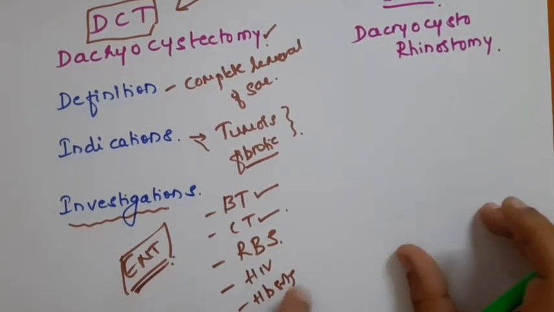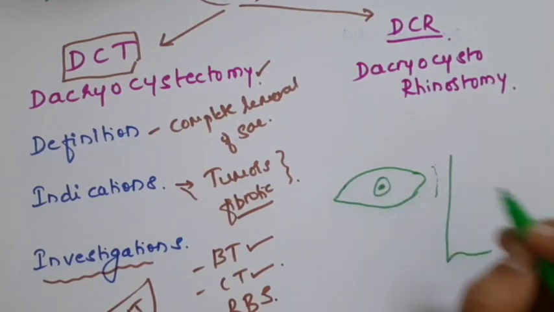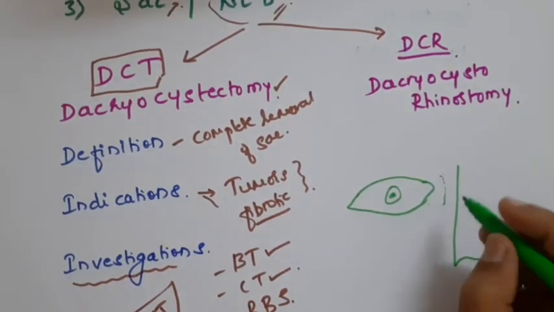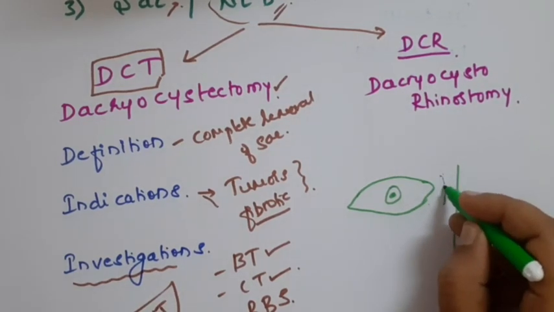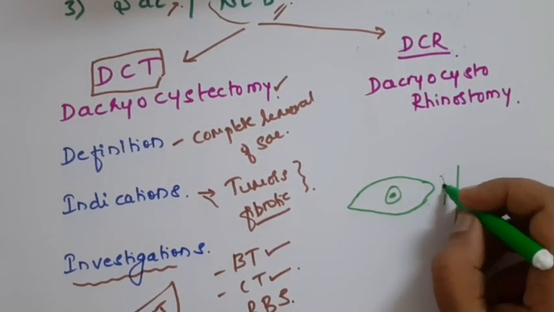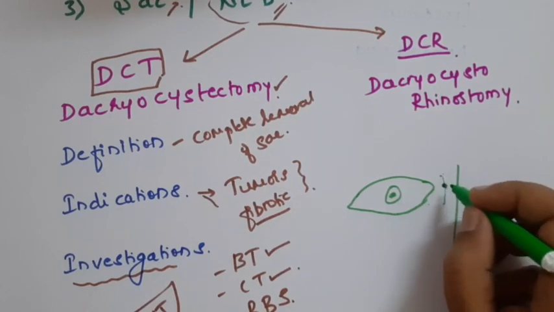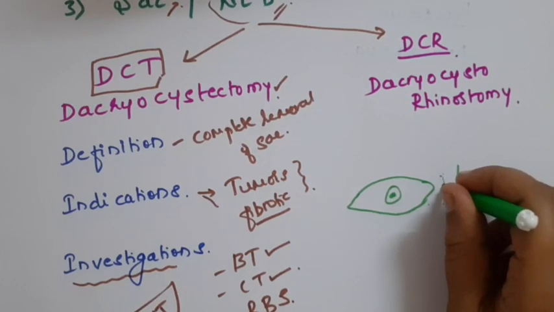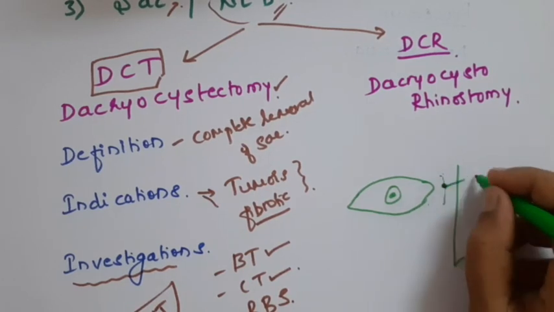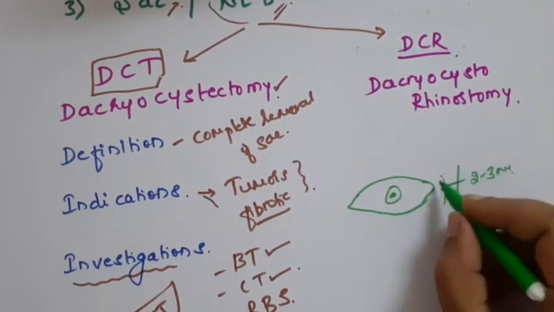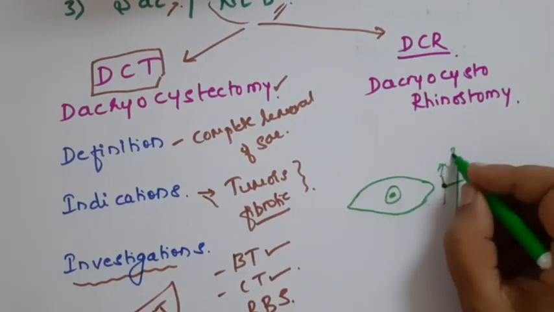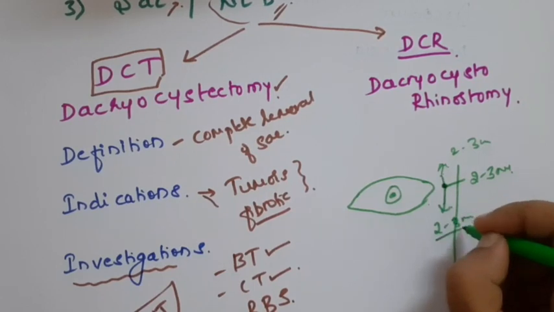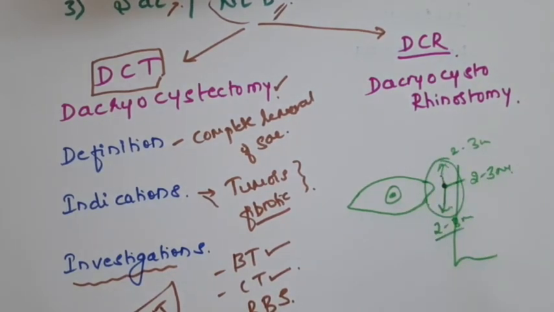So this is usually done under local anesthesia. The anesthesia what we use is usually the local anesthesia, that is 2% lignocaine. So that is injected around 2 to 3 mm medial to the medial canthus. Okay, we take around 6 to 7 ml of the local anesthetic agent. We inject straight into that point, that is in the orbicularis saculi, and inject 2 to 3 ml here, and then the needle is directed upwards, again inject 2 to 3 ml, and then downwards again inject around 2 to 3 ml. So this is the local anesthesia what we give for DCT.